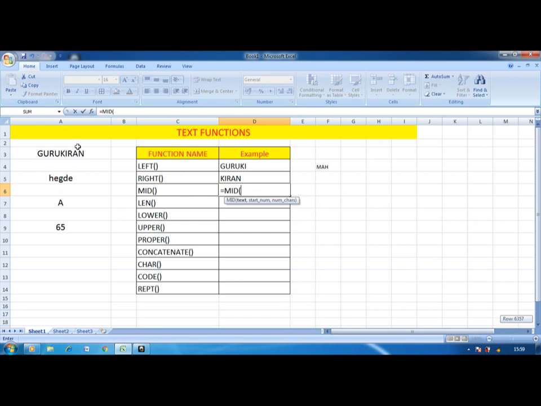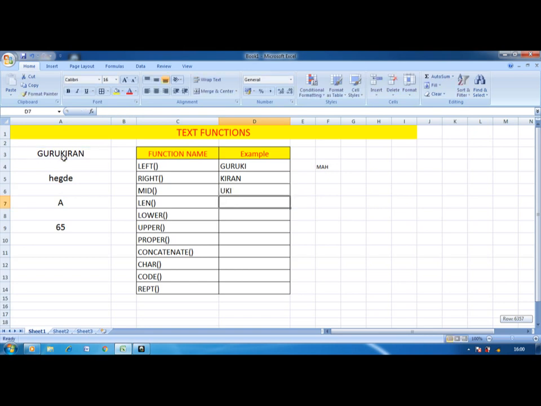So the text is A3, comma, starting number, meaning from where I have to extract. If I want to extract UKI, U is the fourth character, that is the starting number. From there, how many characters do I have to extract? Three characters.